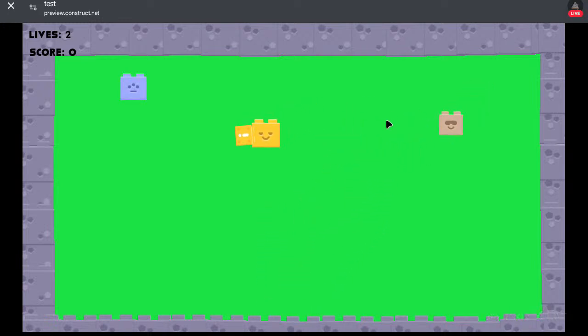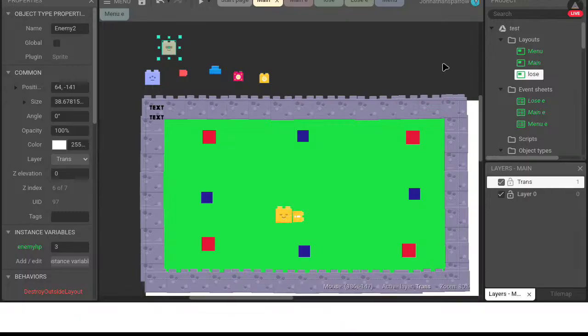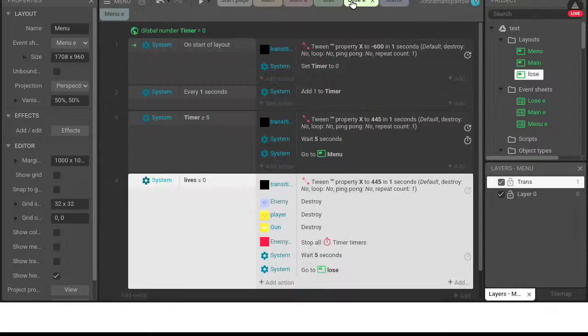And when it reaches 0, 4 new enemies should spawn. Alright. That's 1 enemy done. I'm still trying to figure out what this white bar does. Alright, lose.